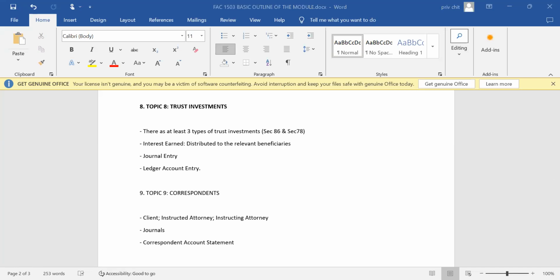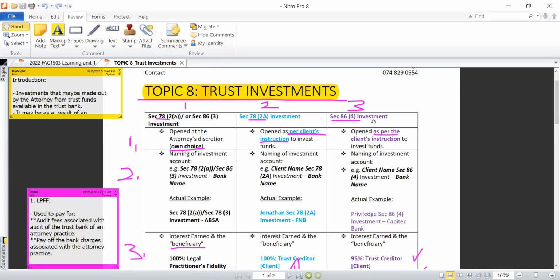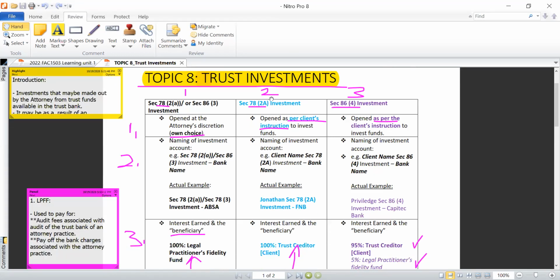I think I've got that summary with me somewhere. I'm going to open it just so that you can see it. So in topic 8, these are the 3 trust investments that I was referring to.